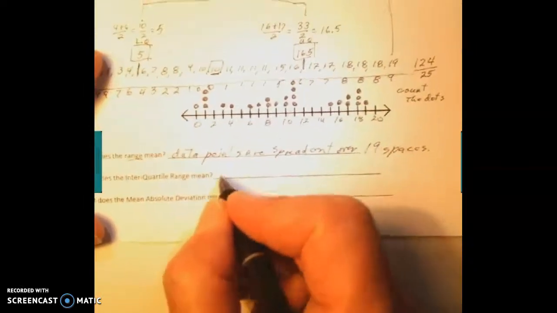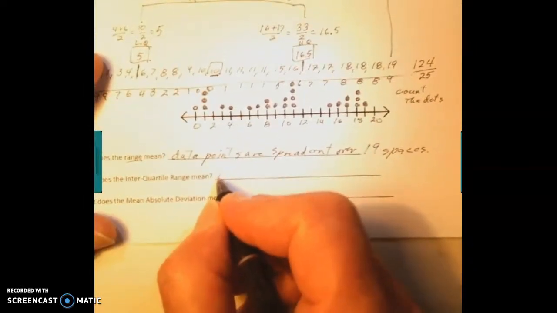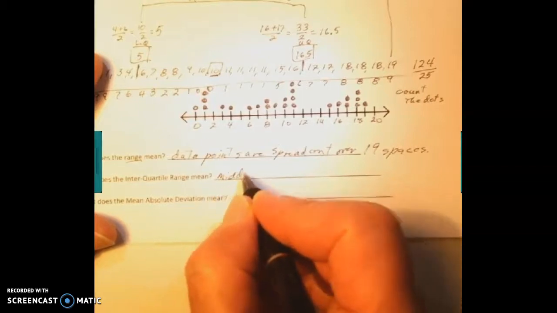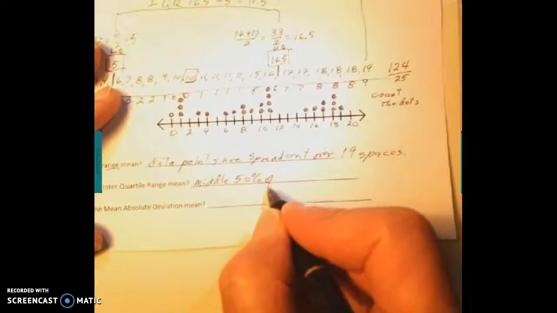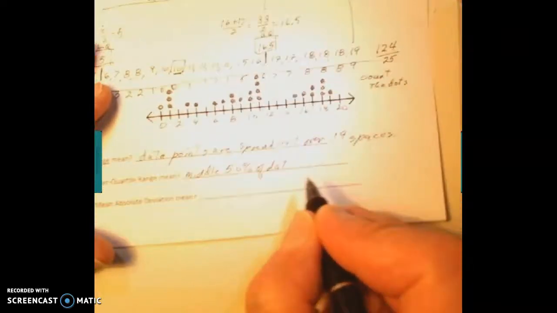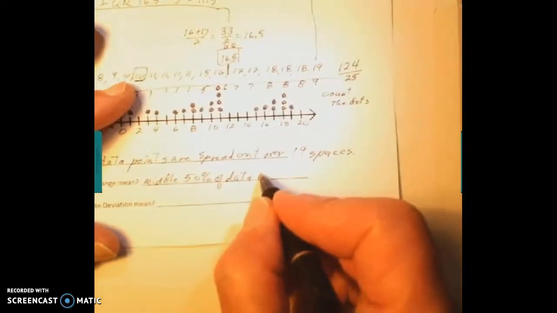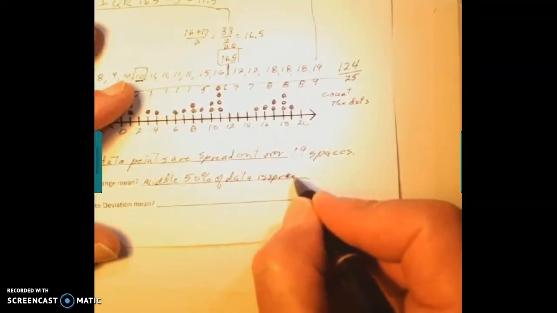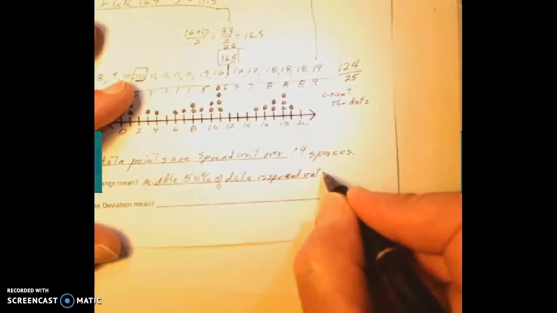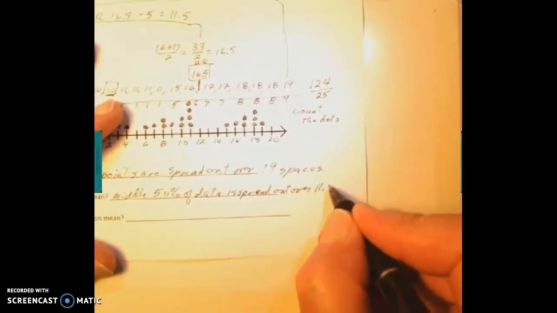Refer back to the number that we've got. The interquartile range tells you that the middle 50% of your data is spread out over 11.5